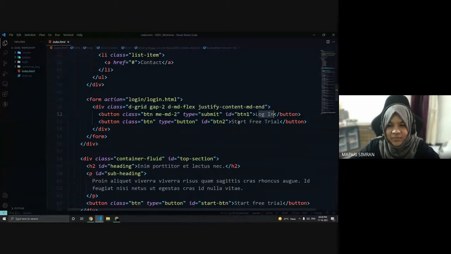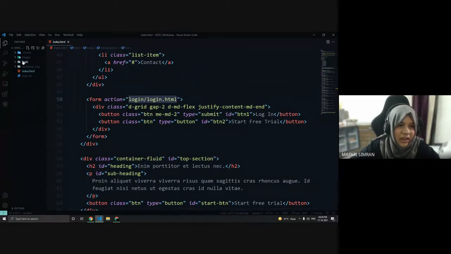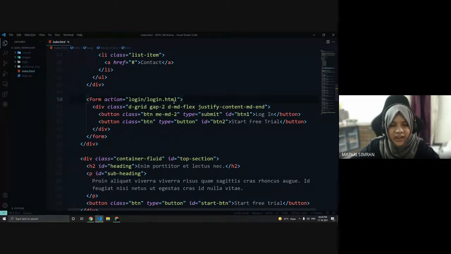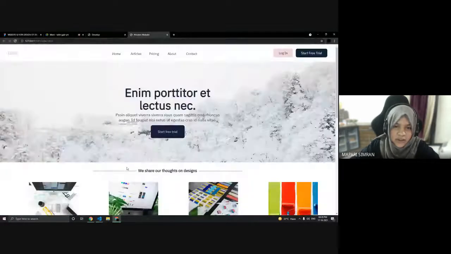We have a login button, we have a start free trial button, and to this login button we have given the type submit, and we are redirecting it to the page login. In this I have a folder login, and in that I have login.html. So we can redirect it to login.html by clicking on login.